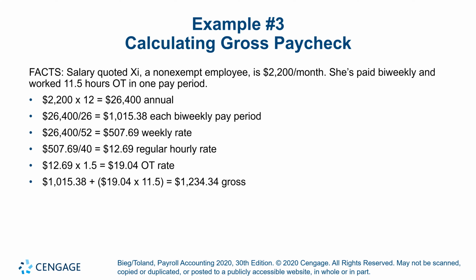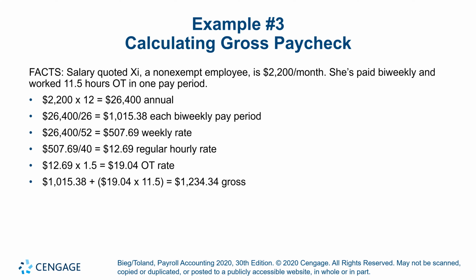And so if you think about it, there's 52 weeks in a year, 52 divided by 2, bi-weekly, there's 26 pay periods in a year, right? So again, first we want to annualize this. So it's an annual salary of 26,400. And then we want to divide that into our bi-weekly pay period. So 26,400 divided by 26, that's our bi-weekly